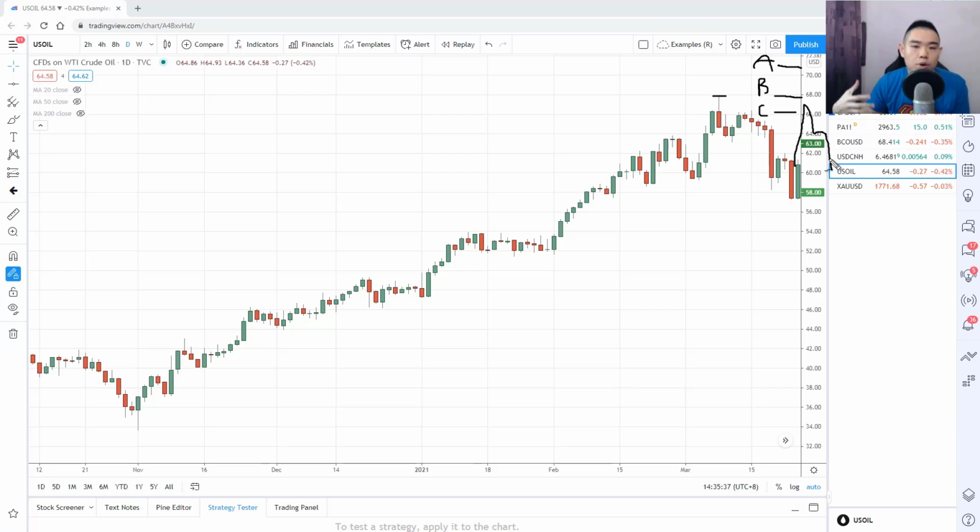So if you want to be conservative, if you want to be smart about this, and if you want to capture just one swing in this market, C would be a better option because this is the level before opposing pressure steps in to push the price down lower. To me, C is a much better level to exit your swing trade. You're a little bit earlier, exiting your trade before opposing pressure at the swing high steps in. So if you're exiting somewhere here, you're putting yourself in good shoes because this is the swing high, this is the area of resistance, and this level is before the opposing pressure at this swing